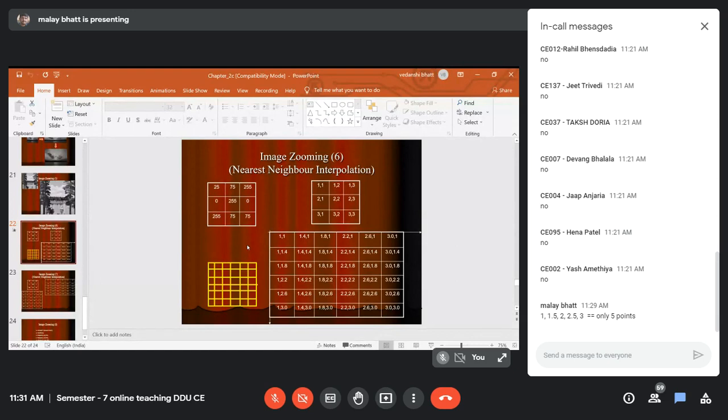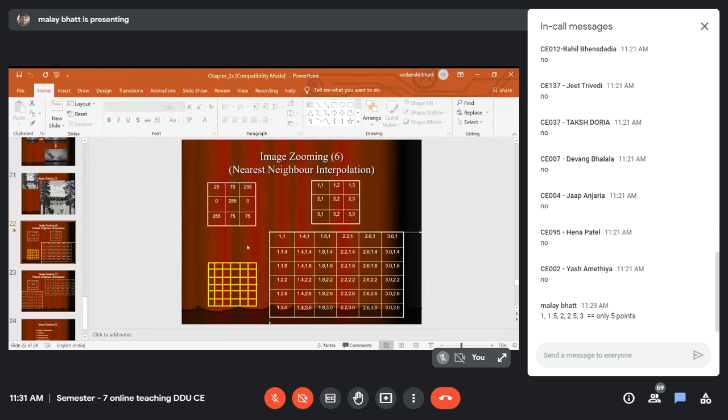The first column will be 1, then 1.4, then 1 and 1.8, 1 and 2.2, 1 and 2.6, 1 and 3.0. So once you get the first row and first column, it is very easy to put the other points. Is it clear? It is very easy to put the other points. So that is how from this 3 cross 3, we are getting 6 cross 6.